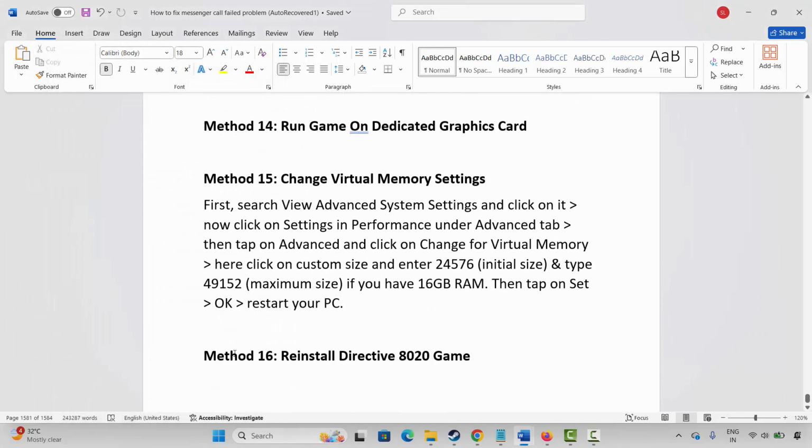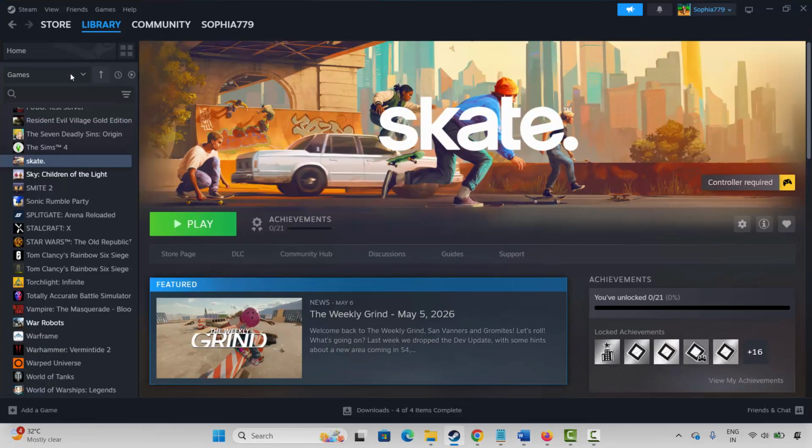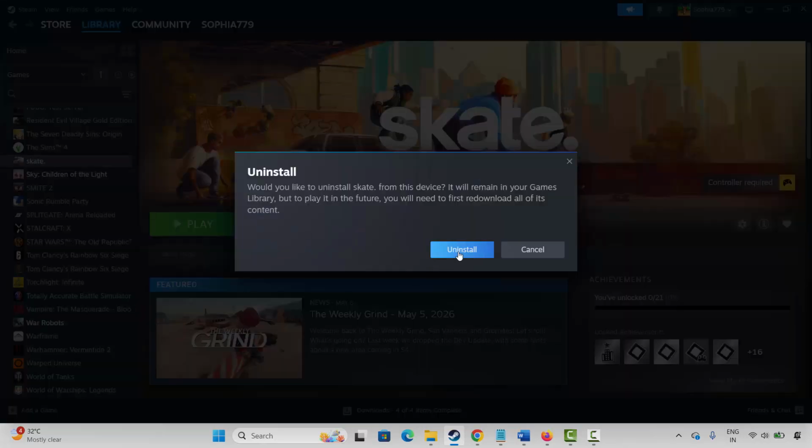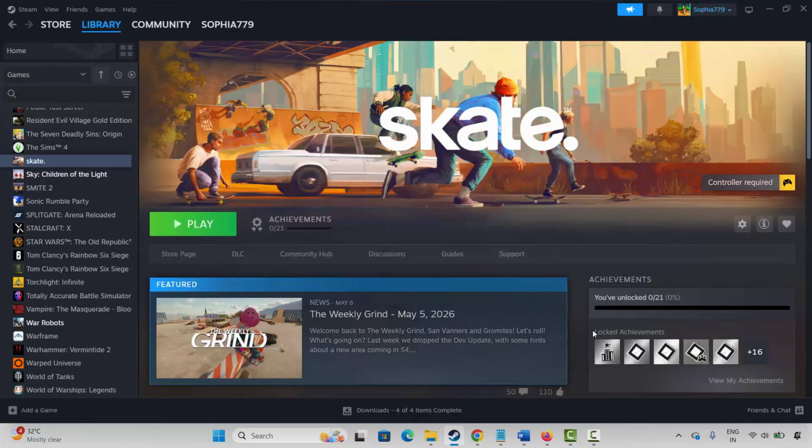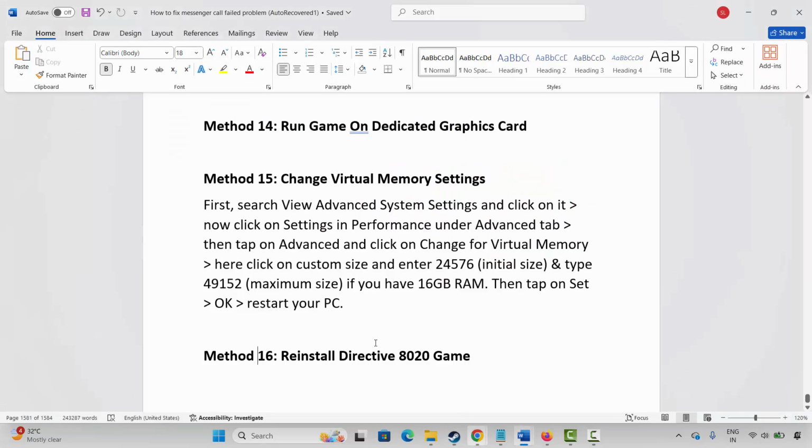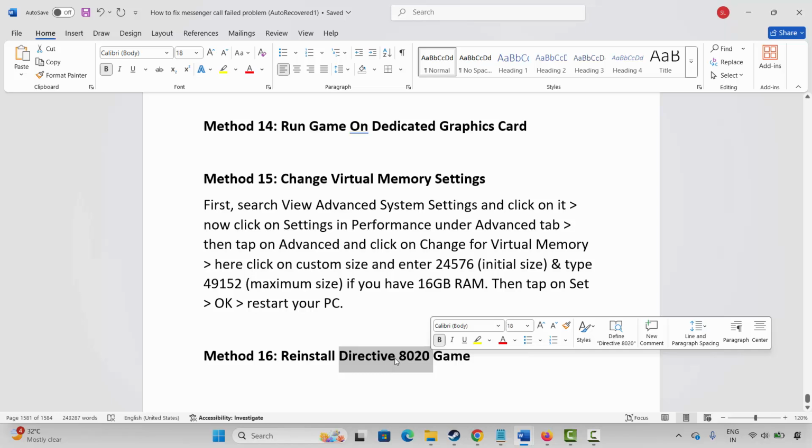If not, then the final solution is to reinstall Directive 8020 game. For that, go to Steam, select your game under library section, right click on it, click on manage. Now click on uninstall, finally click on uninstall option. This will remove the game completely from your PC. After that, restart your PC. Once your PC restarts, again launch Steam and reinstall Directive 8020 game and click on the play button to check